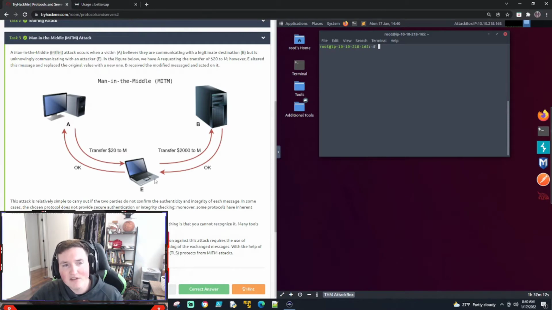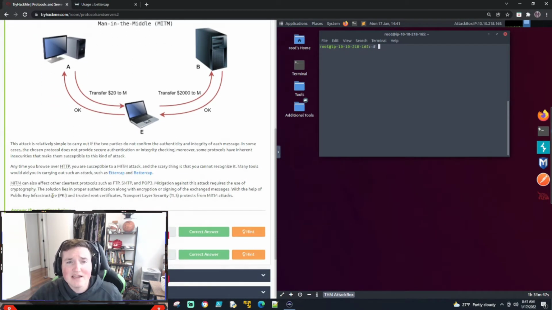And when you tell it that, it sends the information to you first, and you use a tool like Ettercap or Bettercap, and you actually reroute it out and tell this guy right here, I'm A over here. So the server thinks you're him, and he thinks you're the server, so they're sending the information back and forth through you, and they don't realize that you're there. So that is what a man-in-the-middle attack is. You're the man in the middle. They don't realize you're there, and they're sending all the data to you.